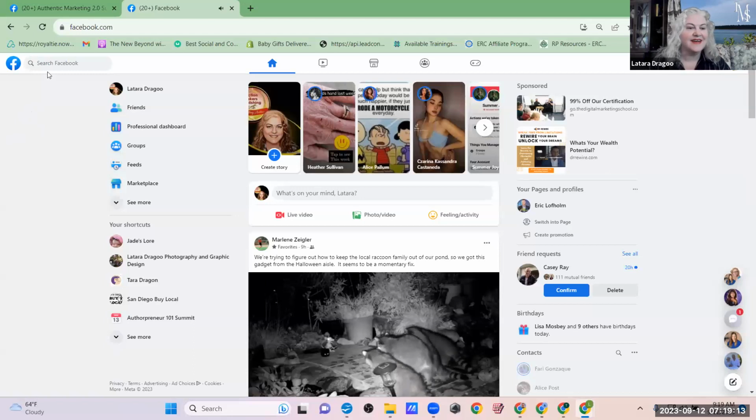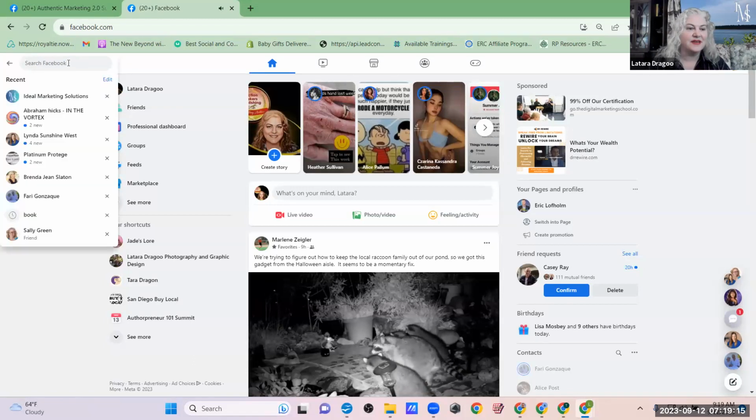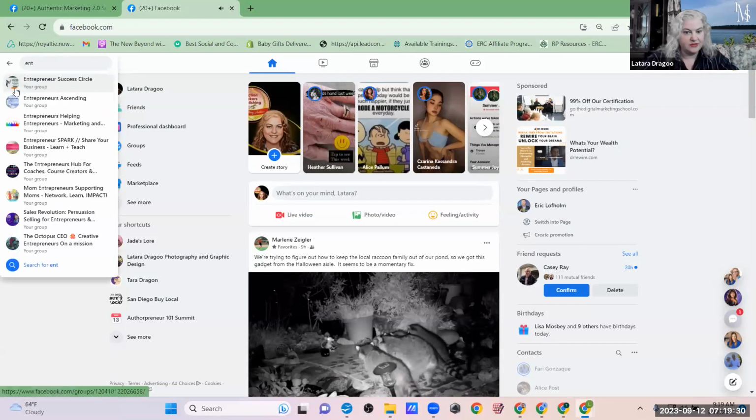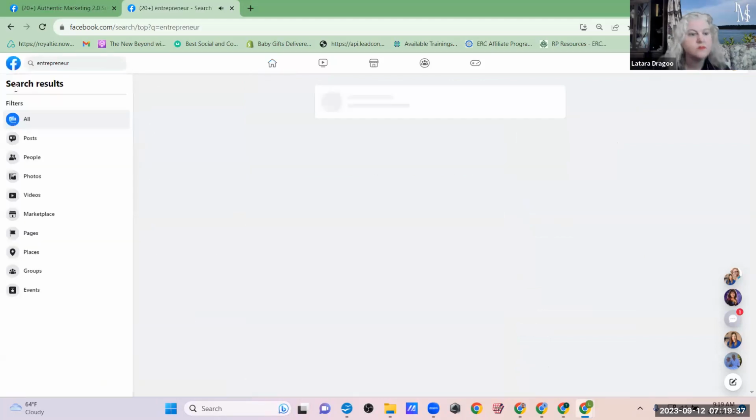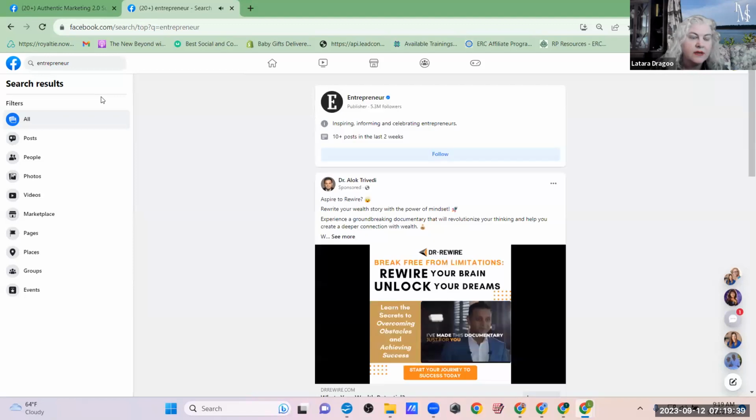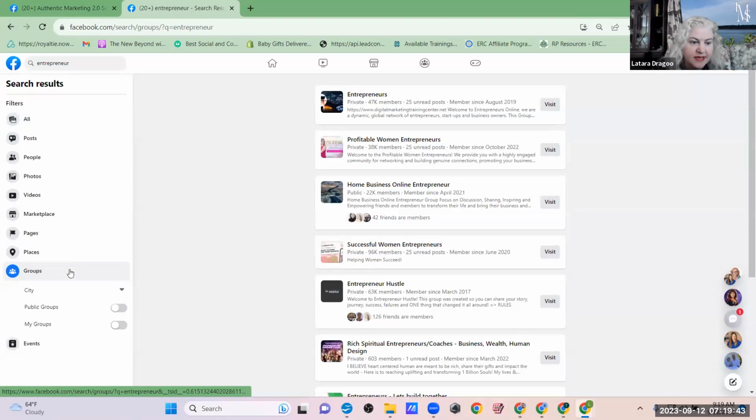Okay, so now what I'm going to do is type in some keywords that I want to try and find relevant Facebook groups. So I'm going to try entrepreneur in the search bar, and then go to groups, and then